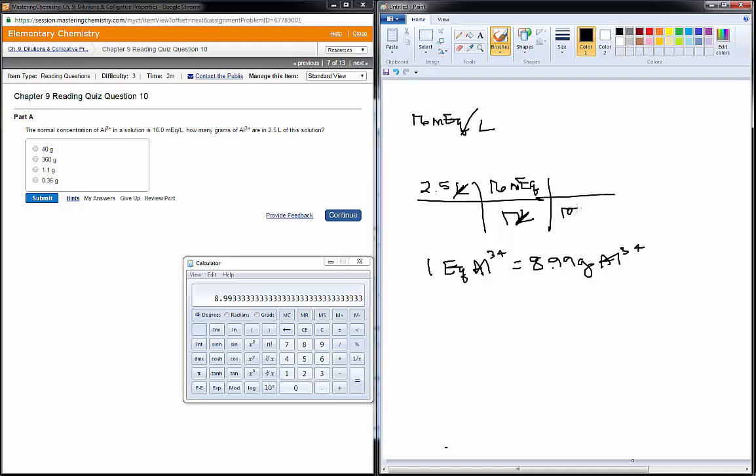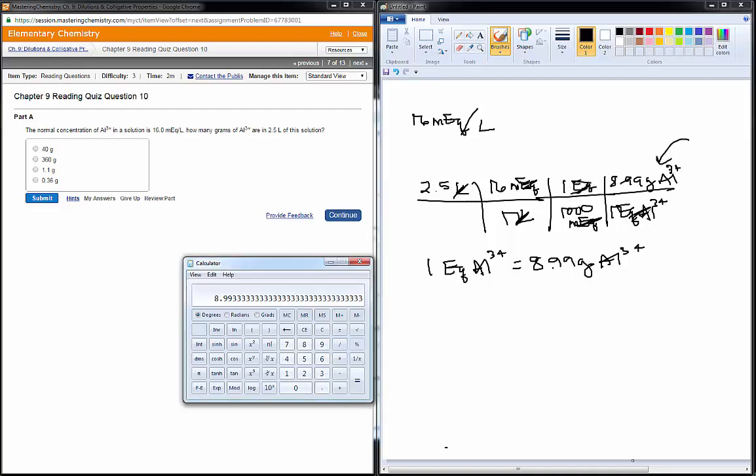This is milliequivalents, so there are 1,000 milli anything in 1 of that thing. 1 equivalent of aluminum is 8.99 grams of aluminum. Equivalents cancel. We should be left with grams. So 2.5 liters multiplied by 16 milliequivalents per liter, divided by 1,000 milliequivalents per equivalent, multiplied by 8.99 grams in 1 equivalent gives me